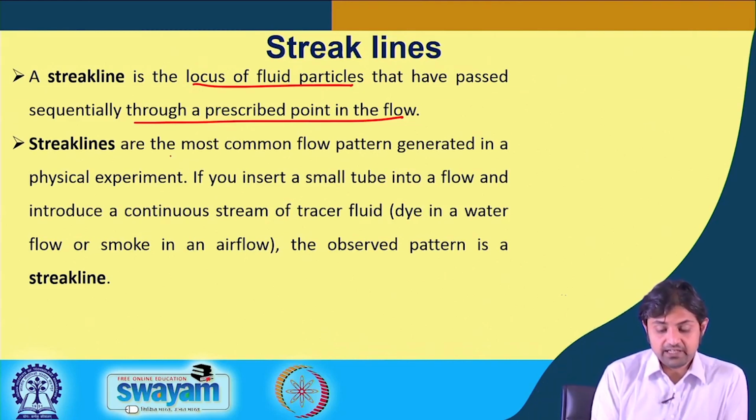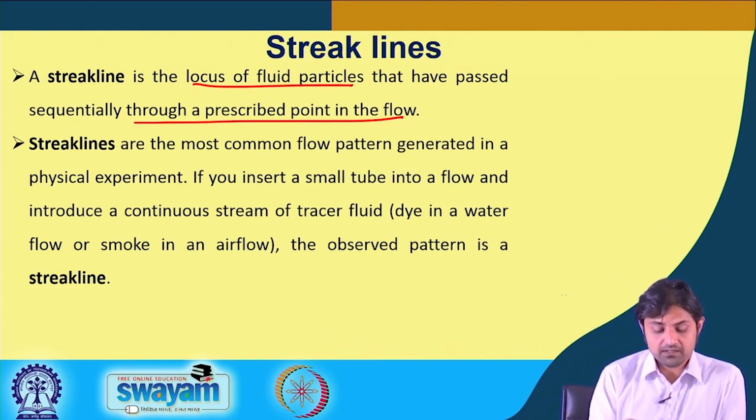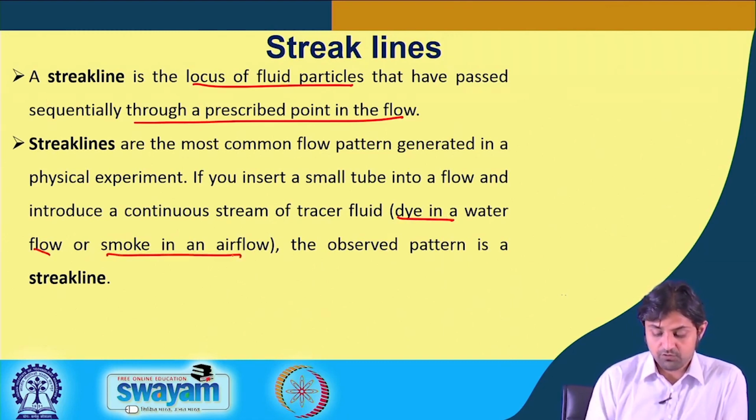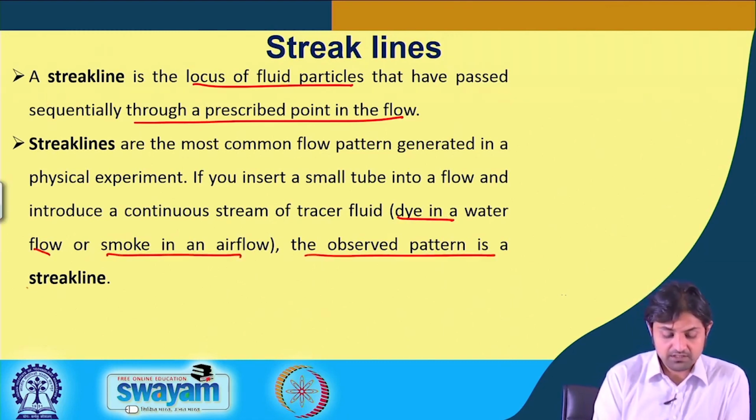Streak lines are the most common flow pattern generated in a physical experiment. For example, if you insert a small tube in the flow and introduce a continuous stream of tracer fluid, for example, dye in a water flow or smoke in an air flow, the observed pattern is a streak line,